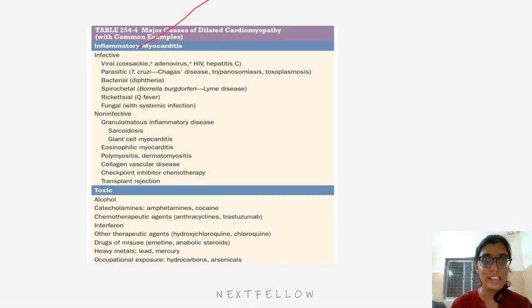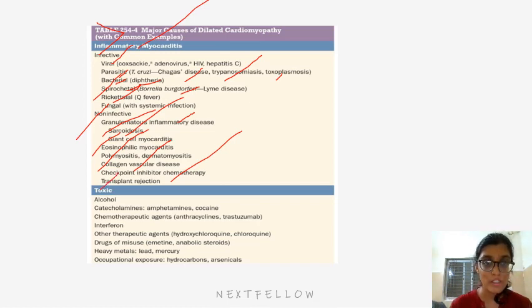So major causes of dilated cardiomyopathy are inflammatory myocarditis. Infective: viral, especially Coxsackie, adenovirus, HIV, and hepatitis C. Parasitic: Trypanosoma cruzi causes Chagas disease, trypanosomiasis, toxoplasmosis. Bacterial like diphtheria, spirochetal like Borrelia burgdorferi, Lyme disease, rickettsial, fungal with systemic infection. Non-infective: granulomatous inflammatory disease, sarcoidosis, giant cell myocarditis, eosinophilic myocarditis, polymyositis, dermatomyositis, collagen vascular disease, checkpoint inhibitor chemotherapy, and